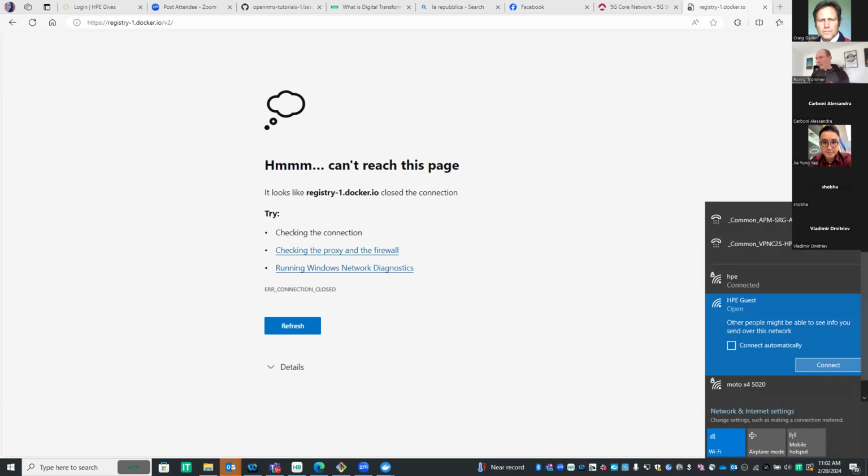I also have exactly the same issue as Alessandro, and I'm connected to the public network currently. That's something strange. So we have at least 2 people having that problem getting the Grafana and the container images from the registry, right?